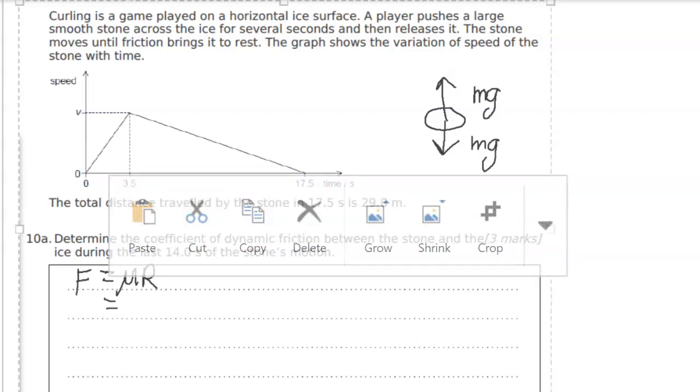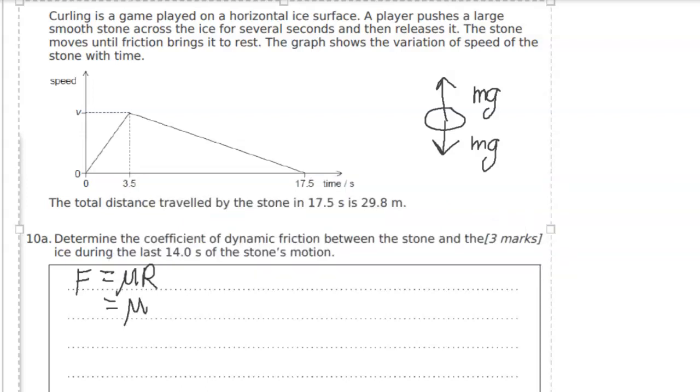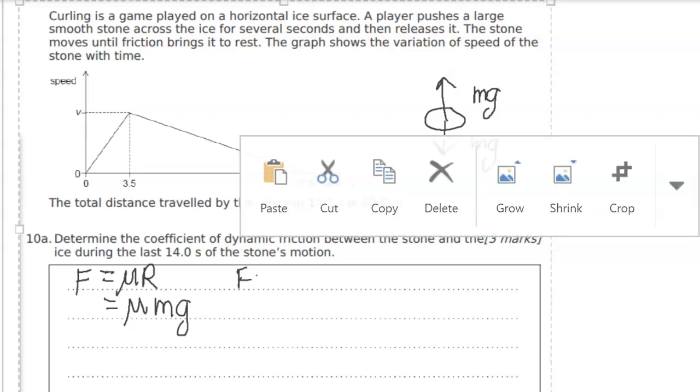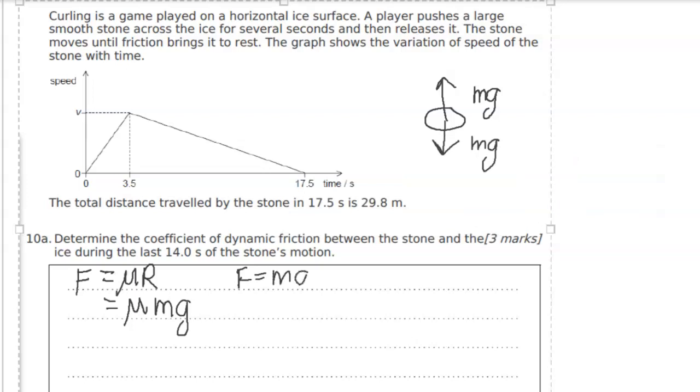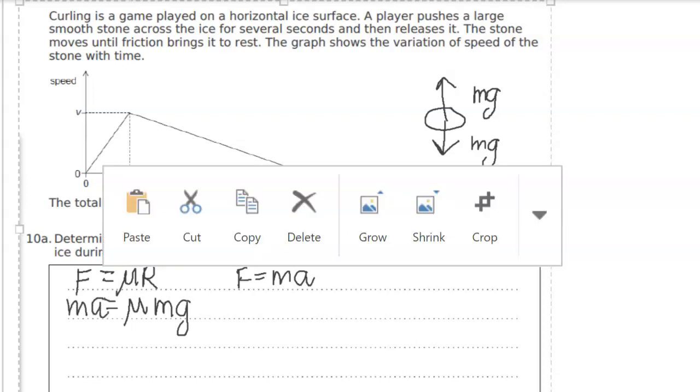Okay, so we're trying to find out mu, and we know that R is going to be equal to mg. Now we have to work out this friction force, and force is going to equal the mass times acceleration, so this is going to be ma. Those two will cancel out eventually, so we don't need to know m, but we do need to know